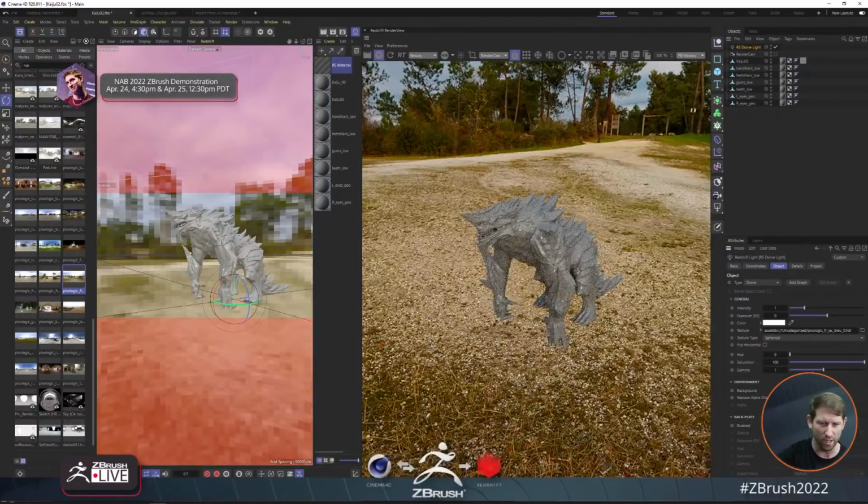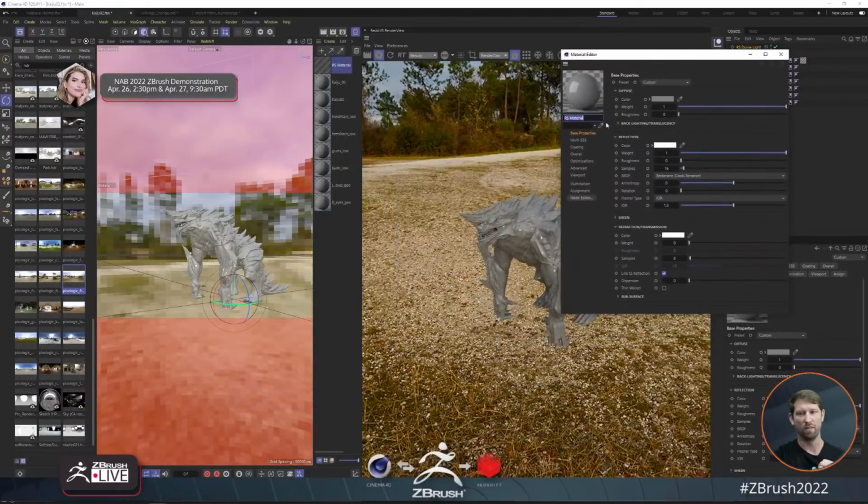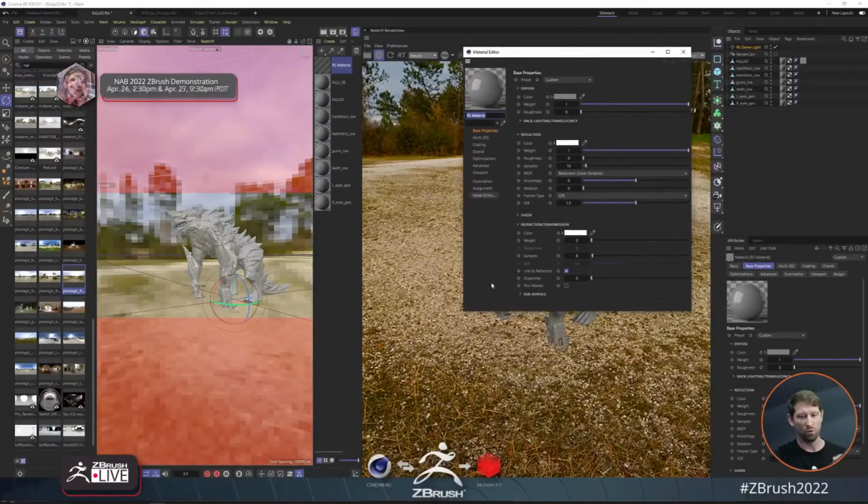I don't want to just do this. Okay, let's start adding a little bit more to this material. Okay, so I want to start working on this material. And so again, you can see I can double click and the attributes come up. And so what I can do,